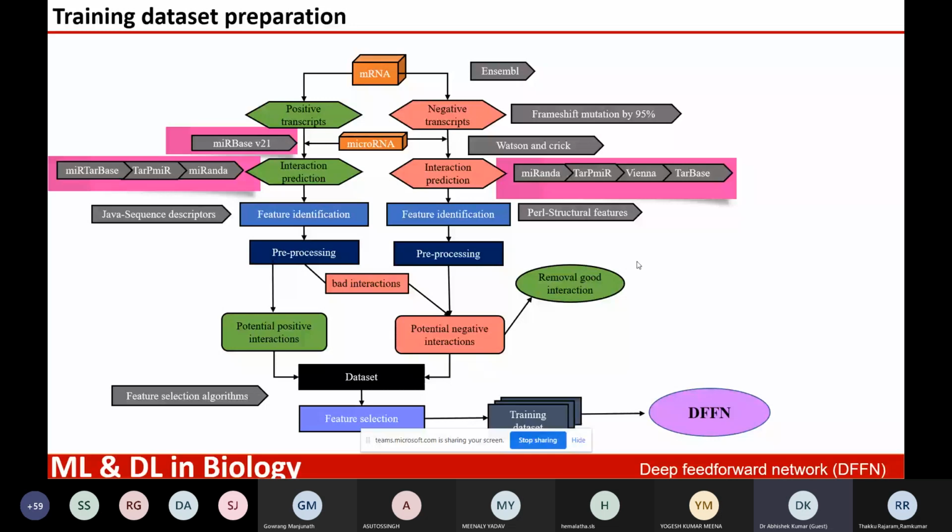So those good interactions are again removed, so that we have totally negative data sets. These data sets will be used for feature selection and further training, using our deep feed forward algorithm. For both, the data set was created. The positive data set we took from the database, but the negative we have to generate for our